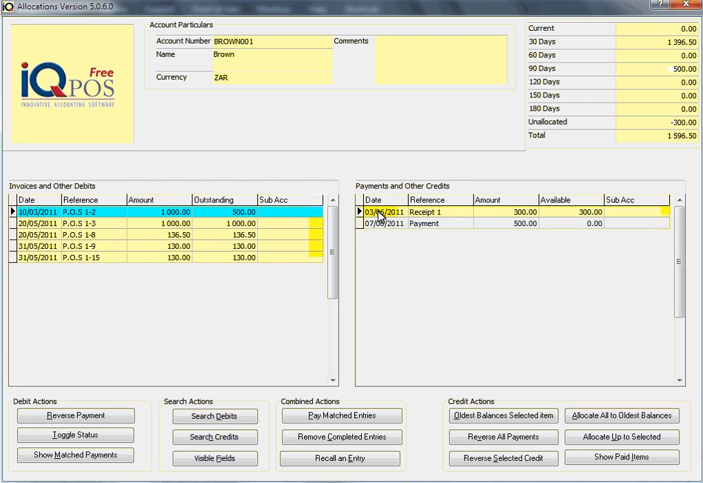If it shows in white, it means it's completely allocated. The available is 0. On this side, if it's in yellow, it's not been allocated at all. If it's in blue, it will be partly allocated. If I click and drag and the transaction's in white, it means it's already allocated. So over here, it means I've allocated that transaction, but there's still 163 Rand and 50 cents left here, which